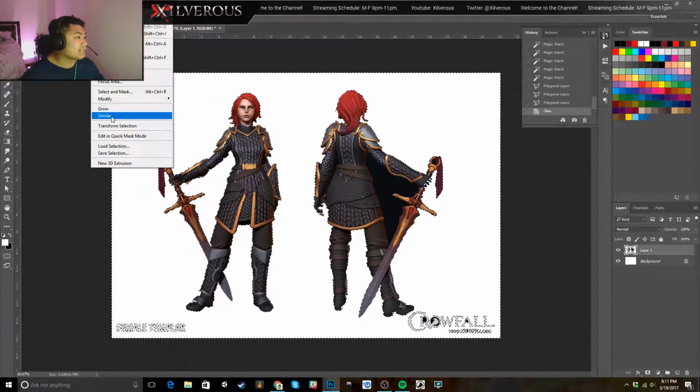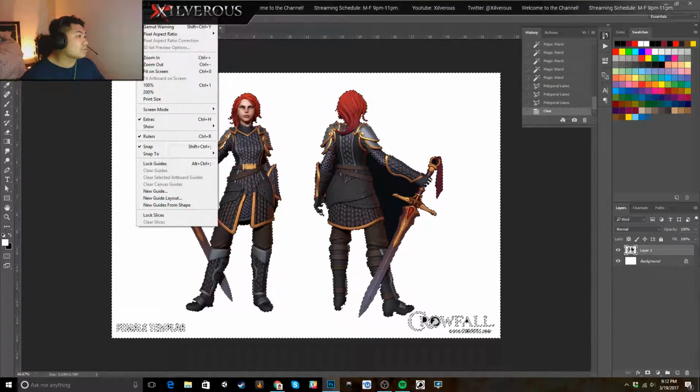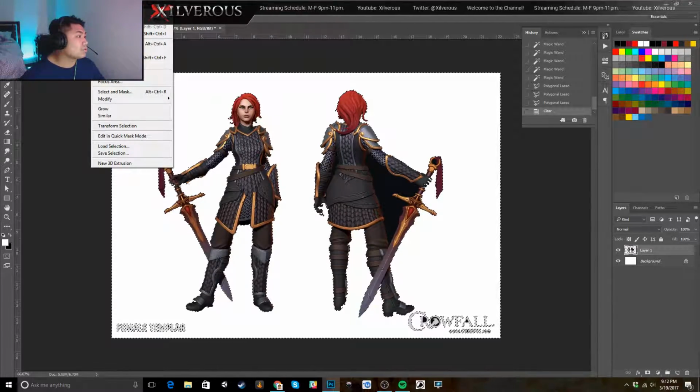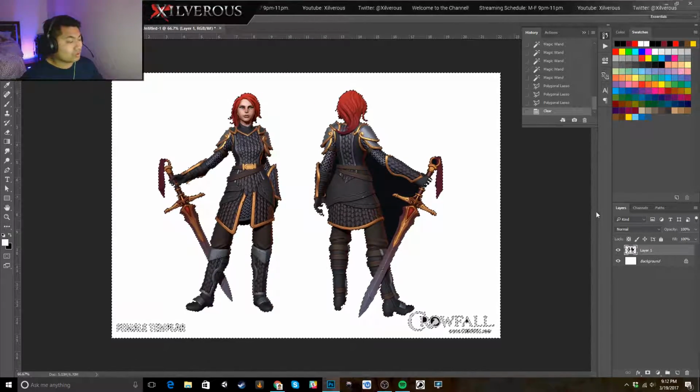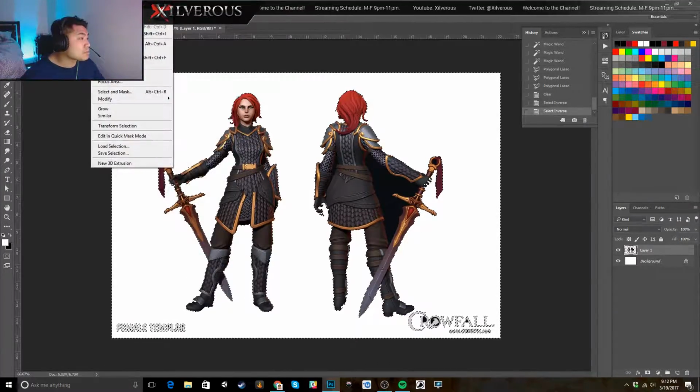If you select refine edge, it's just a refine edge, but